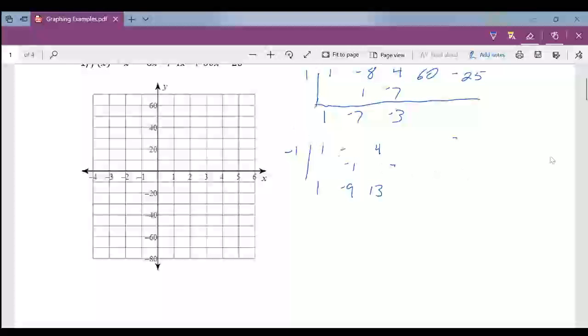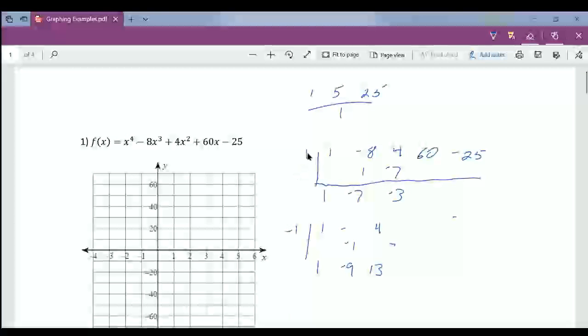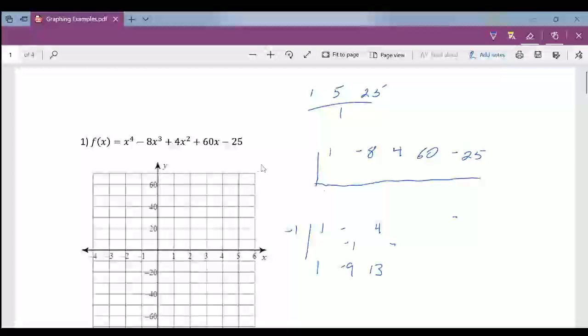I'm going to erase this time, simply because I don't know how much space this is going to end up taking up. All right, since I know I made these appropriate for the graph when it gets made, let's try 5 and see what happens there. Okay, to have the numbers written right, 1, -8, 4, 60, -25. Yep, looks good. So let's see, bring down the 1,